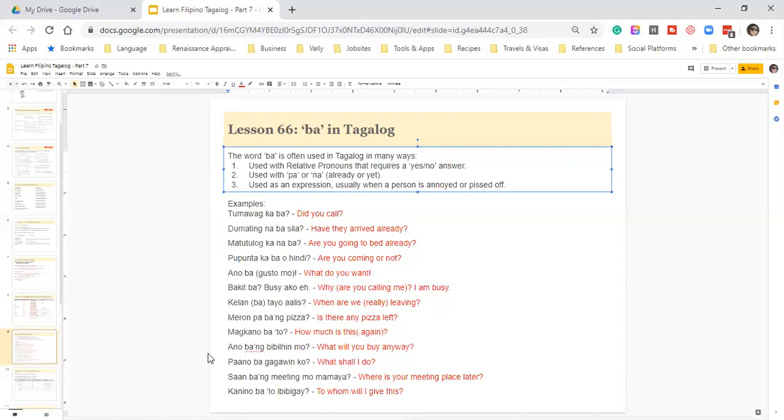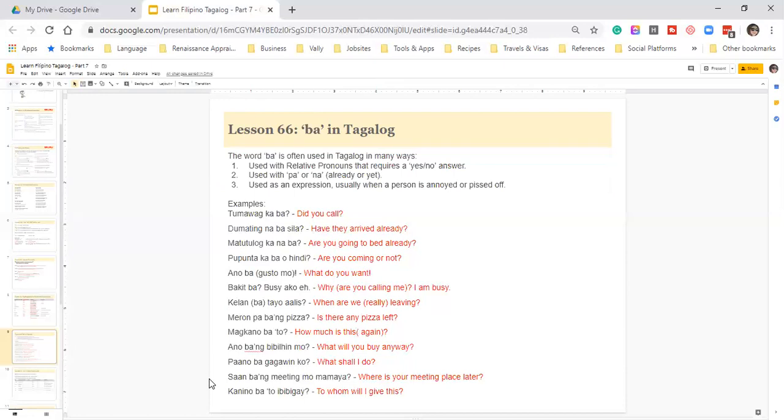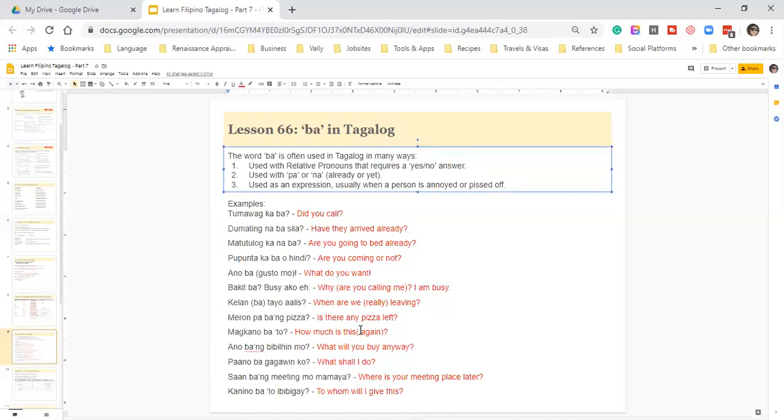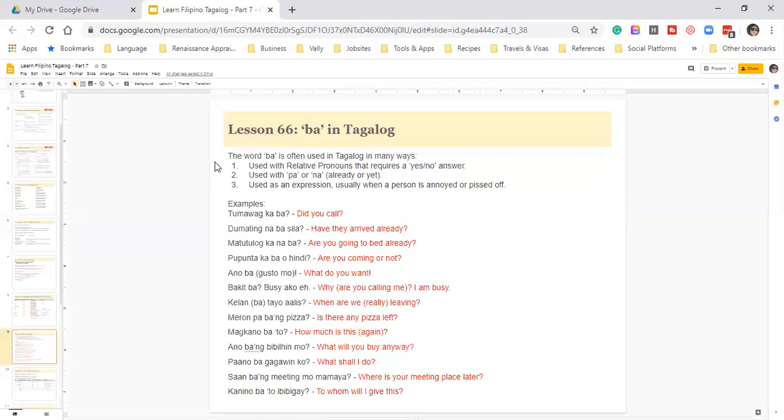All right, what else? And that is saying it with kind of an annoyed tone. If you thought it was too much, like, how much is this again? Probably you're already annoyed, like he's going around the bush and wouldn't give you the answer. Magkano ba to? You're annoyed because he's selling you something: all right, sure, you want me to buy, so how much is this again? So again, it all falls in that expression of annoyance. Any more questions? No.